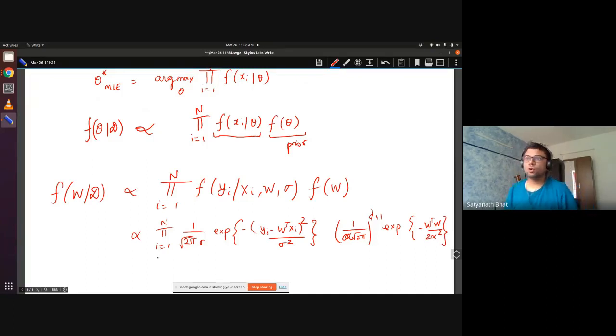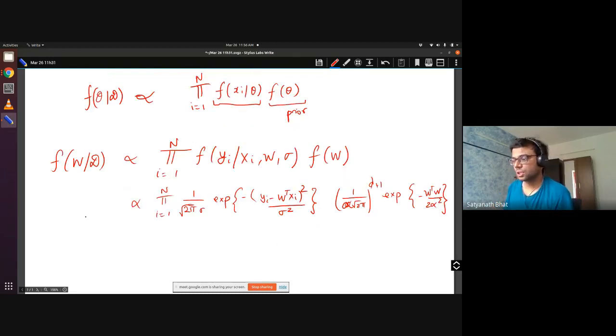Now, when we want to find the posterior distribution, you look at the e power terms and try to collect them. So this will be proportional to e power. Forget about all these constants. You just look at the e power, collect all of them together, and look at the coefficient that accompanies W transpose W. So what you will get is e power.